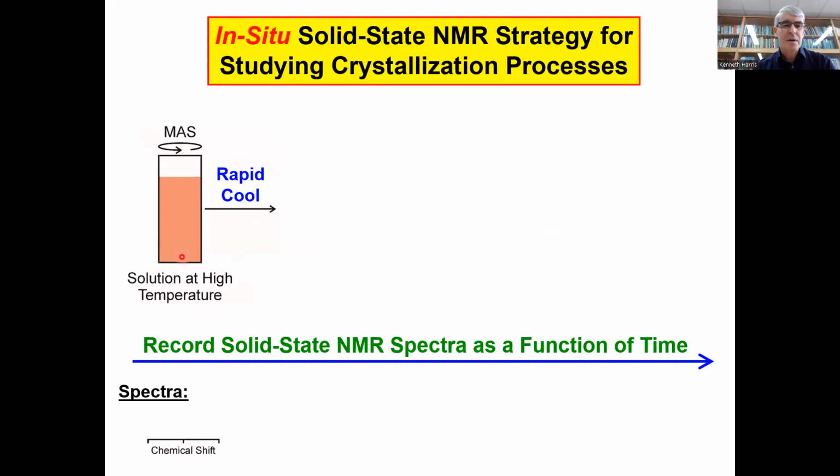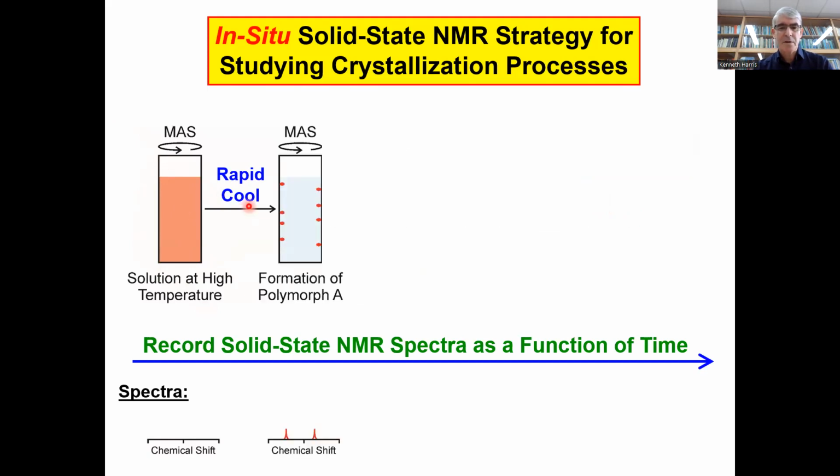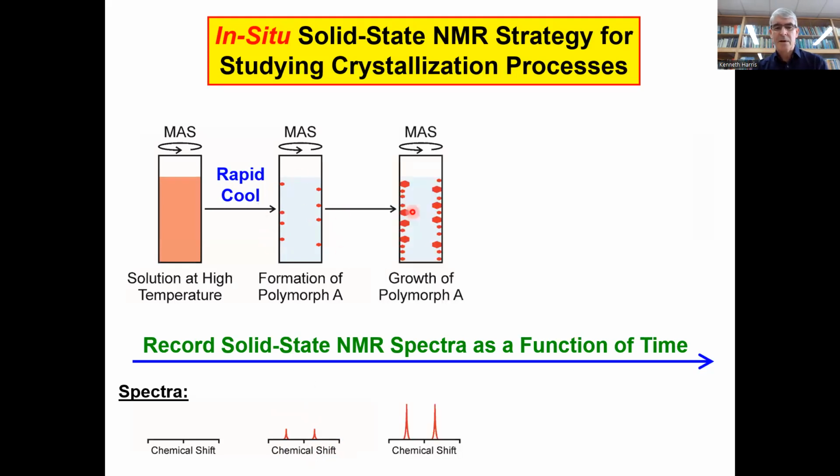So let's start with an undersaturated solution at high temperature. We cool rapidly, it becomes supersaturated, and we might then see the beginning of crystallization. And all the time we're recording the solid-state NMR spectrum, and here we can see the emergence of the solid-state NMR spectrum characteristic of a particular polymorph shown in red. We may see then the growth of that polymorph corresponding to an increase of intensity in the solid-state NMR spectrum,